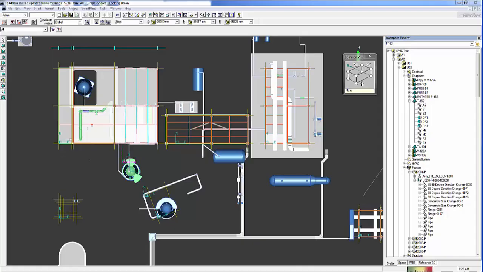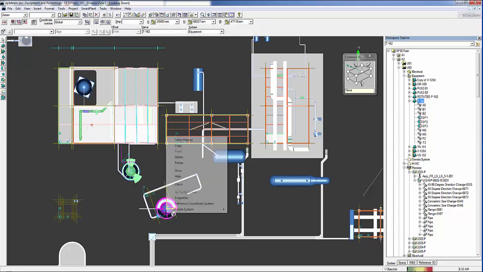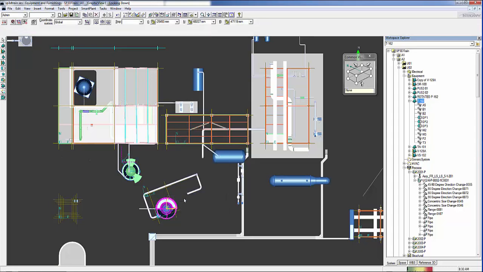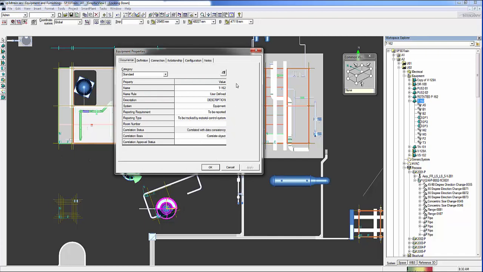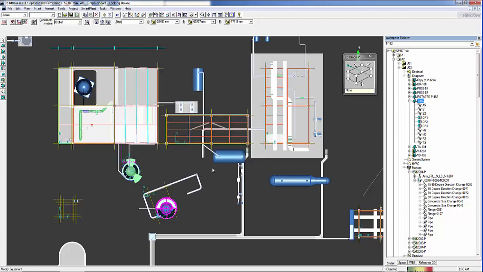We're going to start by reviewing the properties of an equipment item in the S3D training project. As you can see, we are in S3D and viewing the training project. The Workspace Explorer is visible along the right side of the screen, which is depicting the model hierarchy. We're going to choose a piece of equipment from the U02 level. You can see the equipment properties include the name, description, and many other items. We'll come back to this model later to show the drawing sync functionality.